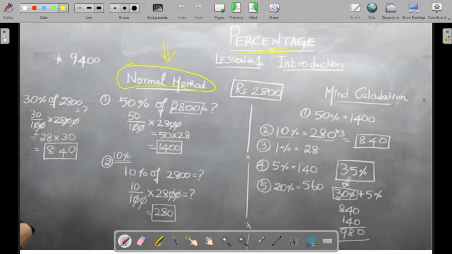So the normal method of calculation. Okay, so in mind calculation, how can you calculate? For example, here, 50 percentage of